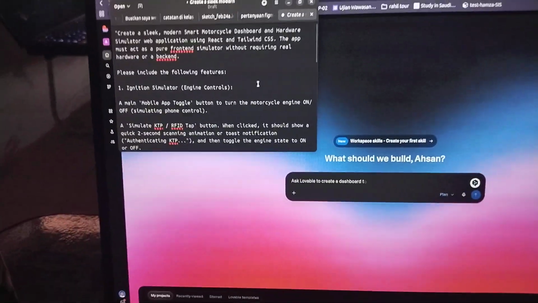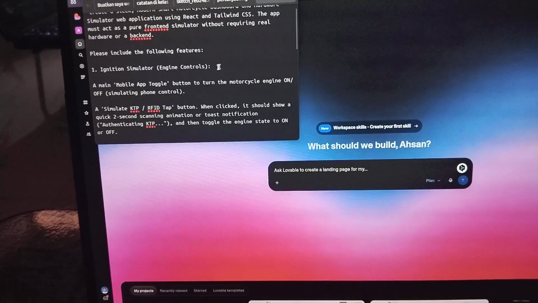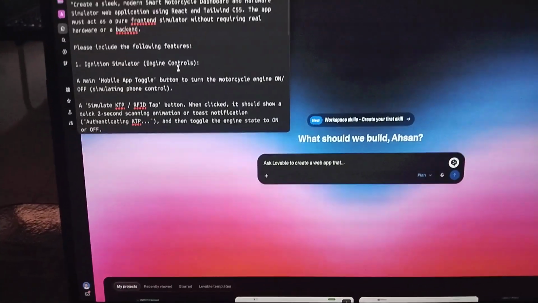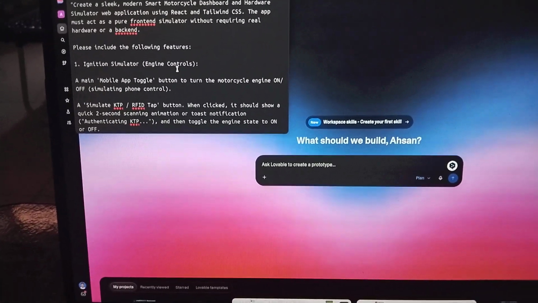So where did I get this prompt? I got it from Gemini AI.